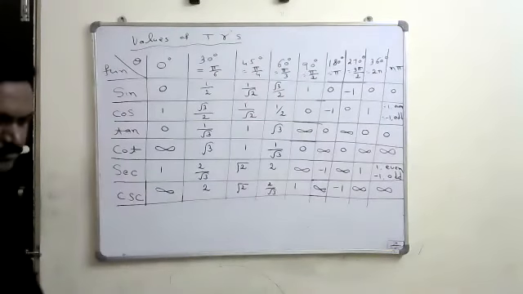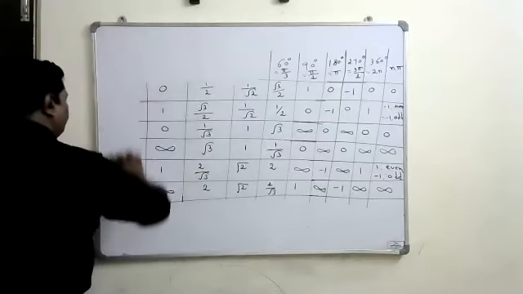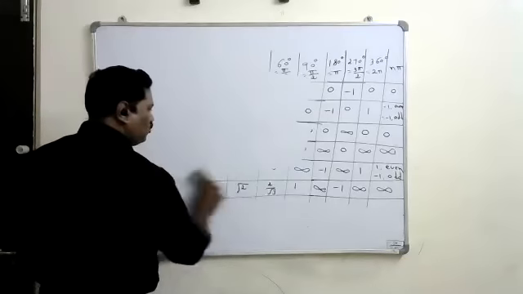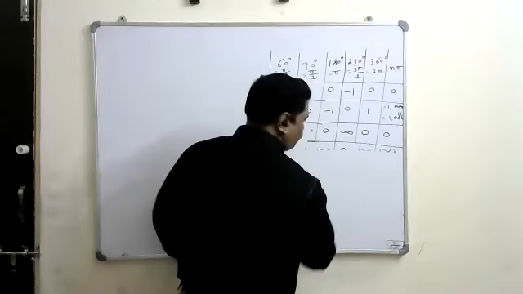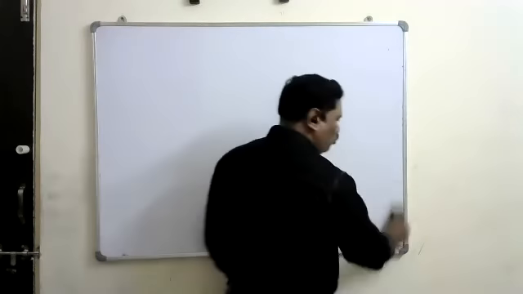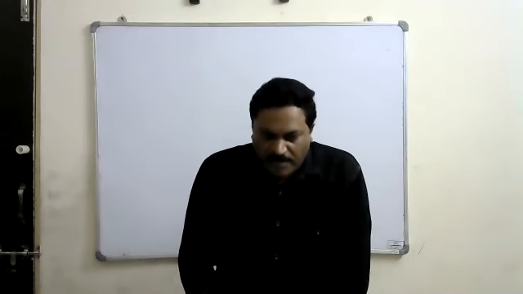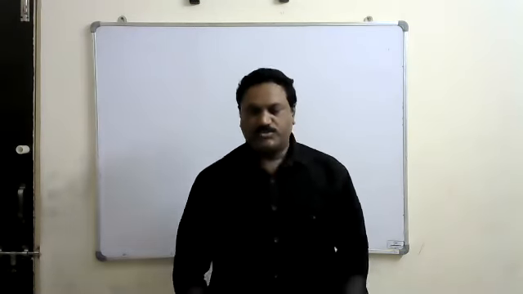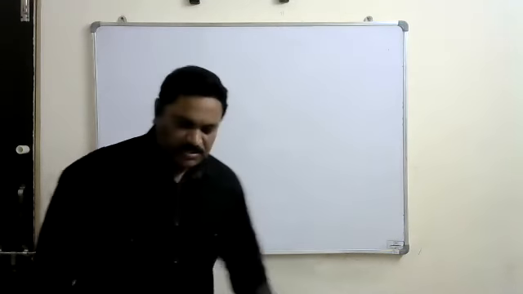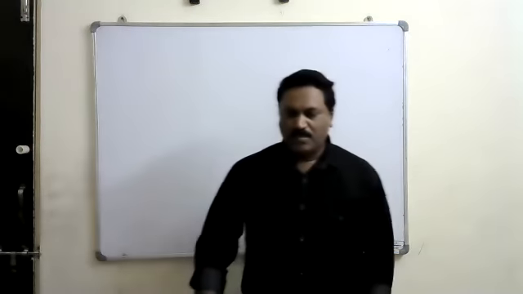Okay. So these are the values of the trigonometric ratios. Compulsorily, everyone should learn all these values properly by heart. Then, in basic trigonometry we have two more concepts. First one is the domain and ranges of the trigonometric ratios. Second one is that for every function, you should compulsorily have an idea about the graph of the trigonometric ratios.